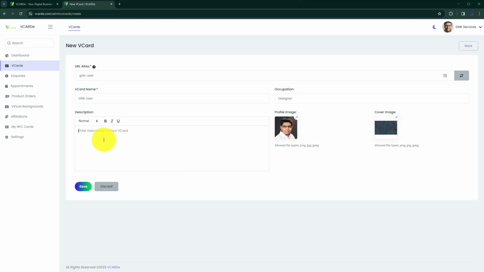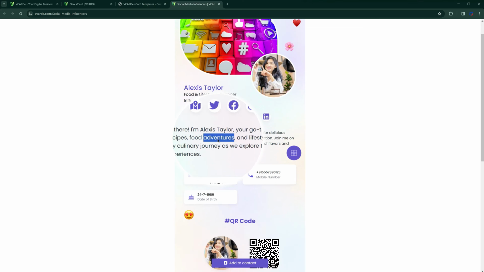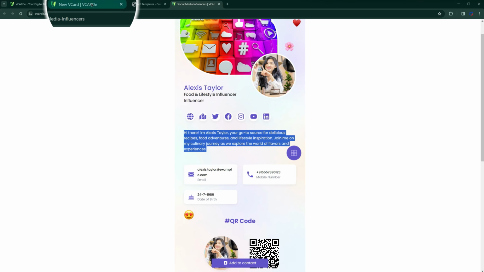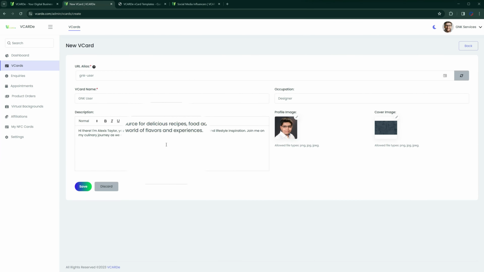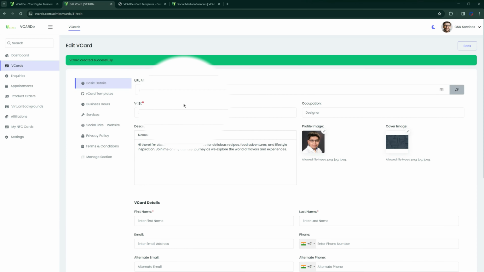And then your description. Here you can type about yourself. Since I have it ready, I'm just going to copy-paste from the description that I already have from my website. Take it from one of the templates. I'm just going to copy-paste this one here and then click Save. Once you click Save, here is one where you'll be able to see your user slug and it's always editable,